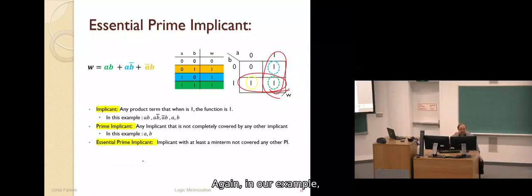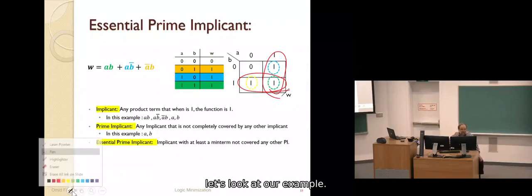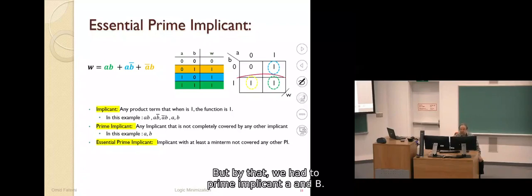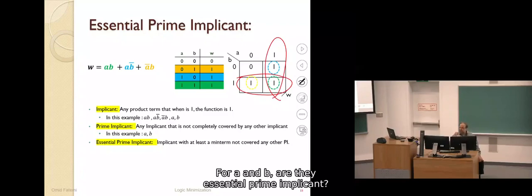Again, let's look at our example. We had 5 implicants. So the small implicants, these 3 implicants, have no other cell, so they are not considered right now. They are already covered by the prime implicants of this and that. We had 2 prime implicants, A and B. For A and B, are they essential prime implicants? Yes, because